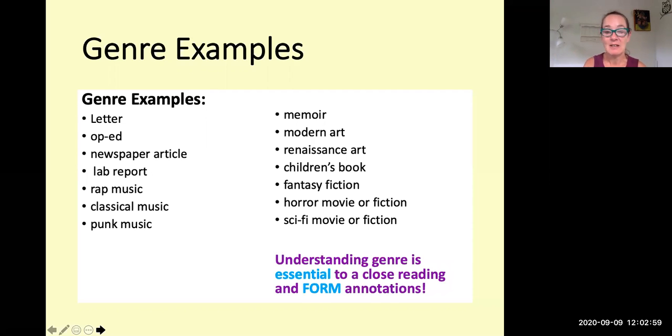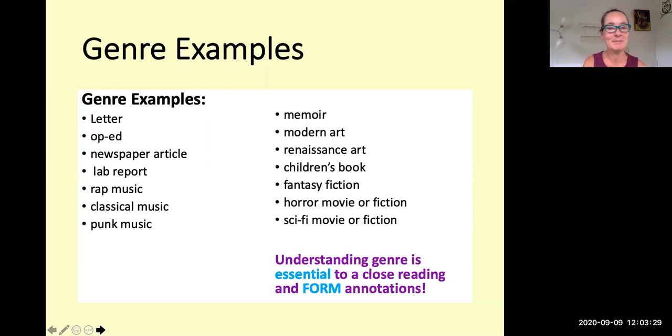Understanding genre is essential to a close reading and form annotations, because you have to be seeing whether those genre conventions are being met. And also, as you're reading in college, you want to pay attention to genre conventions because you'll most likely have to write and create in those genres. So when you're reading a lab report, you can anticipate that in the future you will be writing a lab report. If you're reading a newspaper article in my class, you can anticipate that you'll be writing a newspaper article